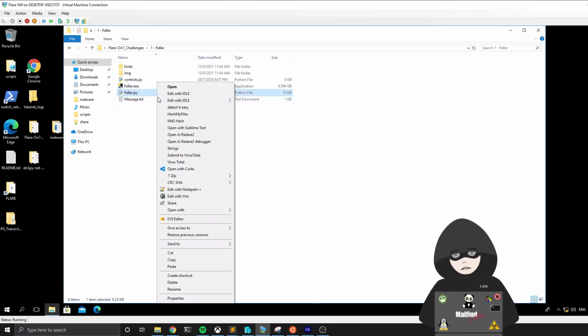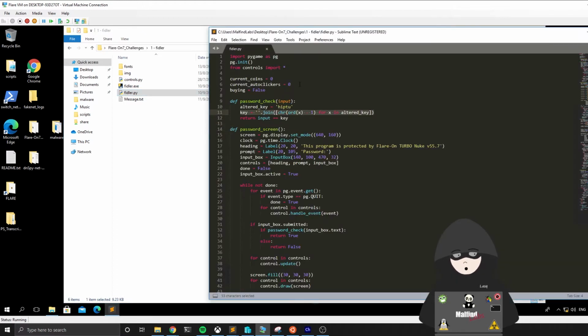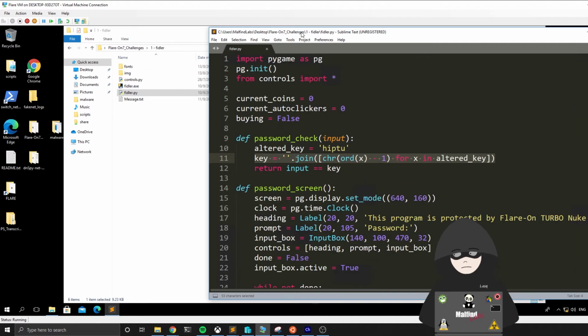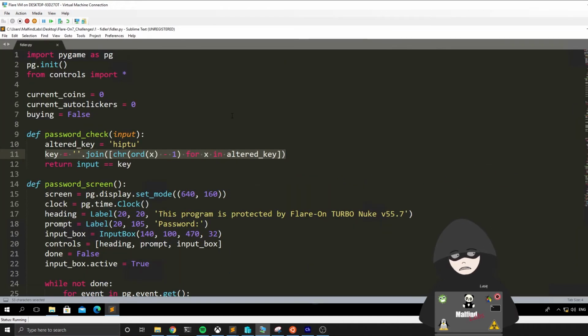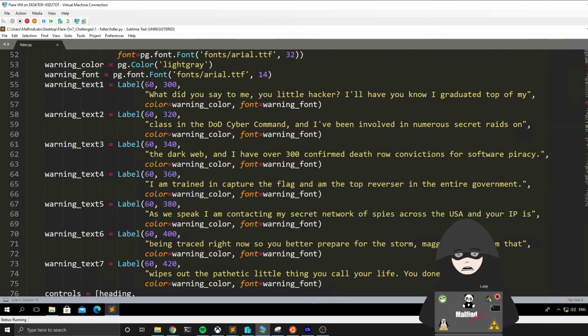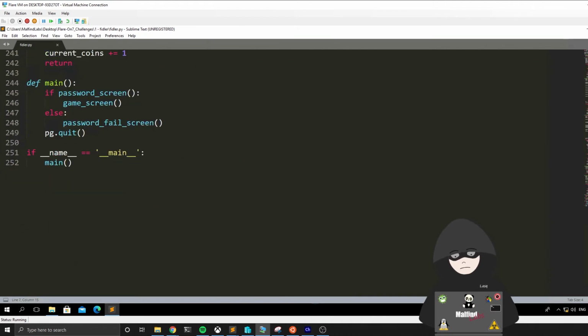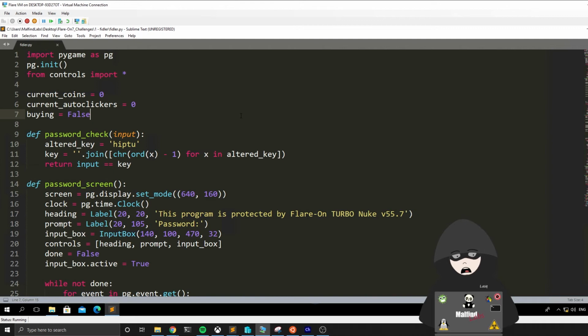So we also have source code, so that's nice, and so we will probably need to look into the source code first to see how to win this game. You can see the source code's not that long, only 250 lines of code. The first thing we see directly after opening is already a password check, and there's an altered key password, hip2,